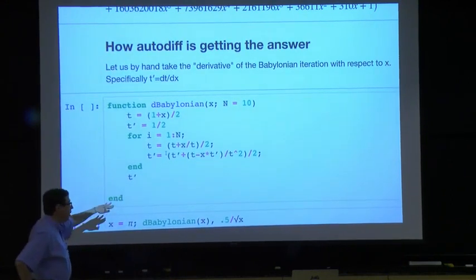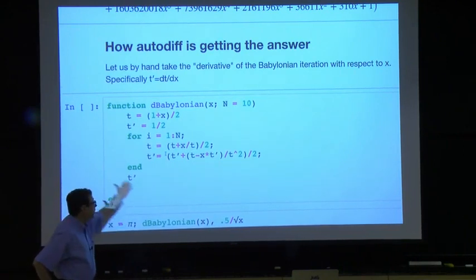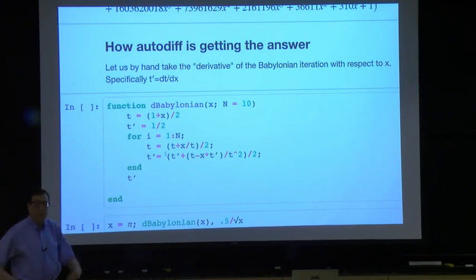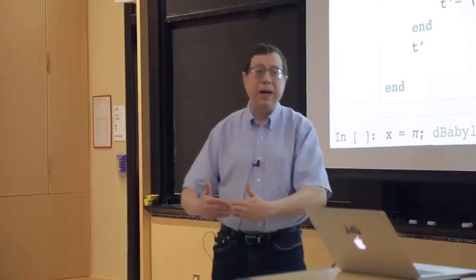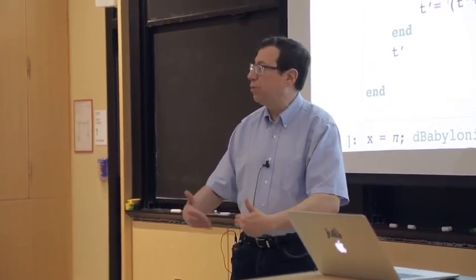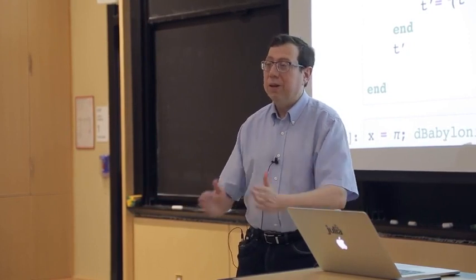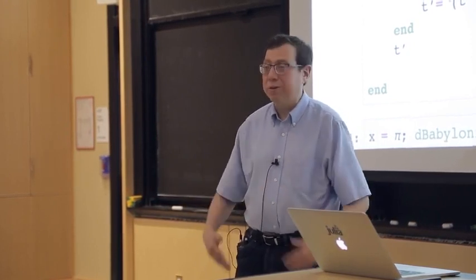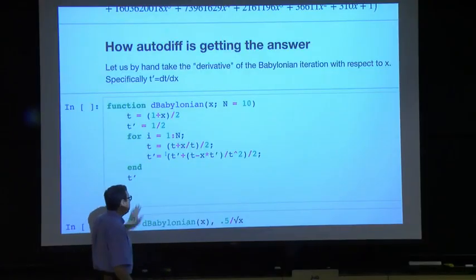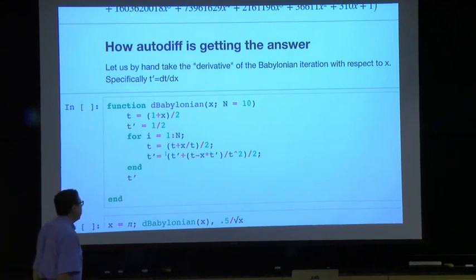If I run this code, what I'm effectively doing is I'm just using good old plus and times and divide, nothing fancy. There's not a square root to be seen. But as I run my algorithm, I'm actually computing the derivative as I go. So if I have this infinite algorithm that's going to converge to the square roots, the derivative algorithm will converge to the derivative of the square roots. But I'm not using anything other than plus, minus, times, and divide to make that happen. So if you rewrite